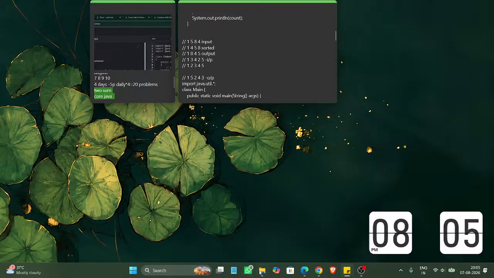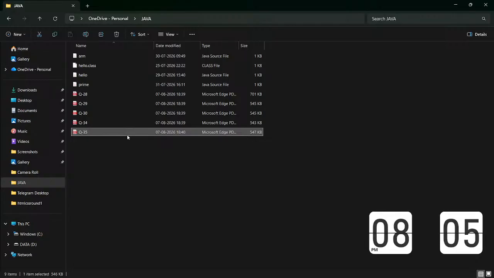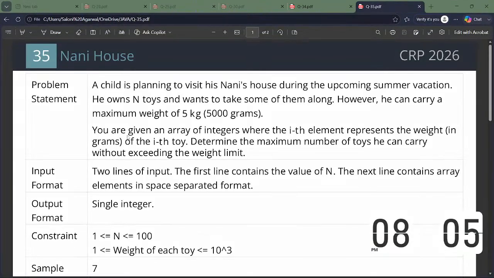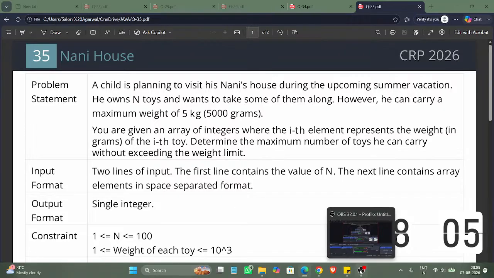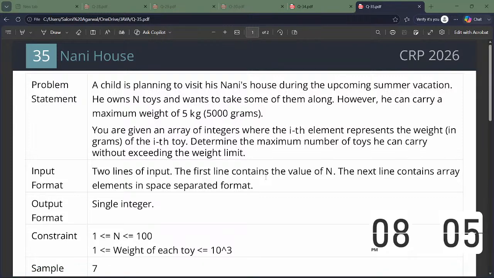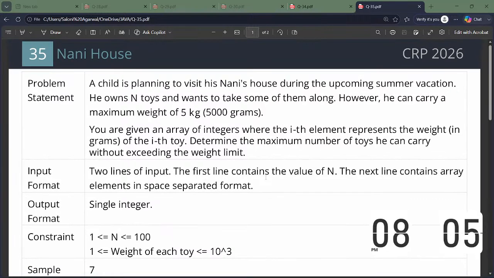Now we will be doing our last question number 35. Okay, we are so close to our break. We will be taking a little break after these 5 questions. You can also take rest. Okay, we will just